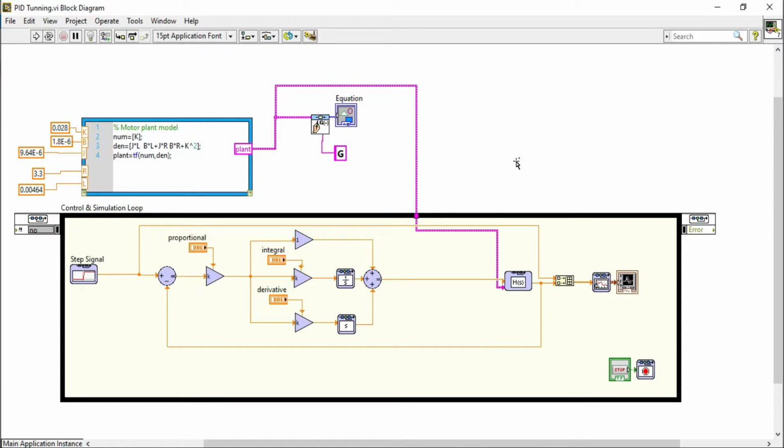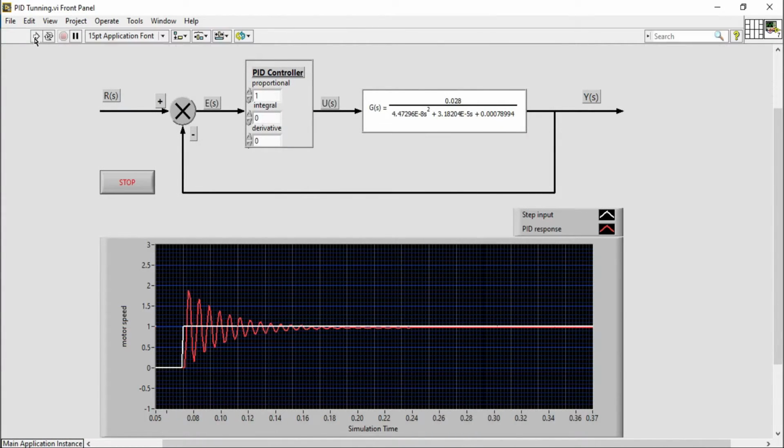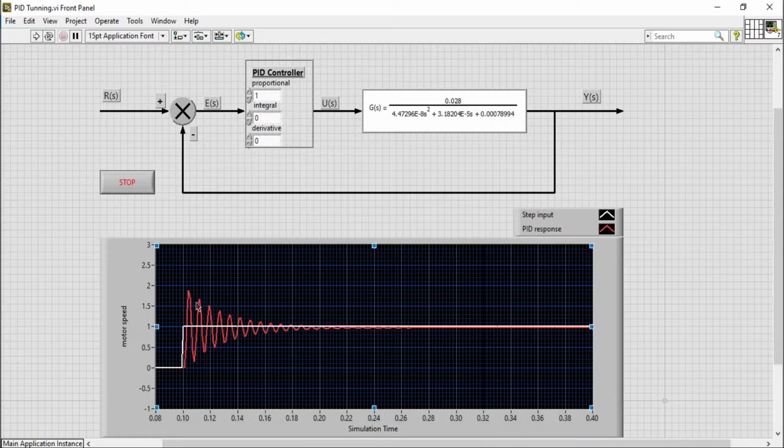Now, how to tune the PID controller. It is the same as the Ziegler-Nichols method. First you set your proportional controller value to 1 and run your VI. In this case you see the oscillations die out. So again you increase the proportional value.